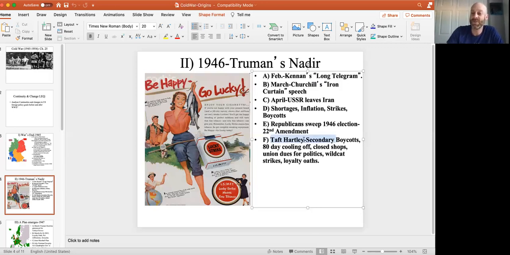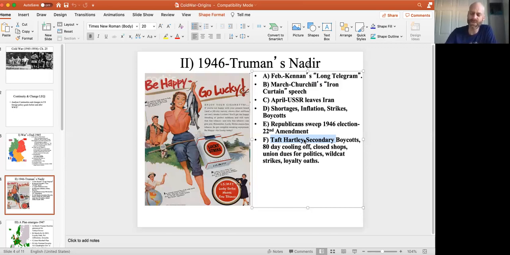So this is one of those weird things that boomeranged on the unions. They did this to get back at Harry Truman, but the Republican Congress went after the unions. Taft-Hartley is passed in 47. You don't need to know really all the ins and outs of it, but it would weaken, it would water down the power of unions. It would make it harder for them to organize. It would be harder for them to organize secondary boycotts.